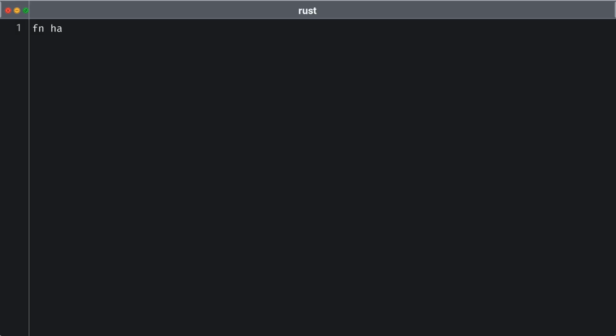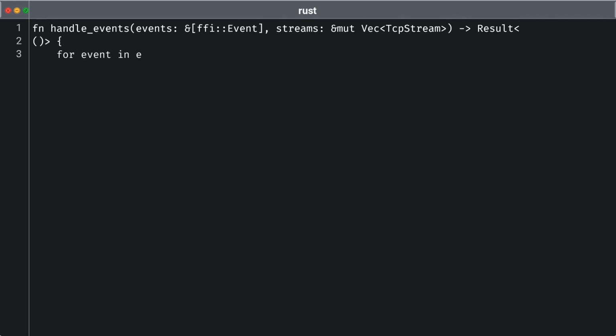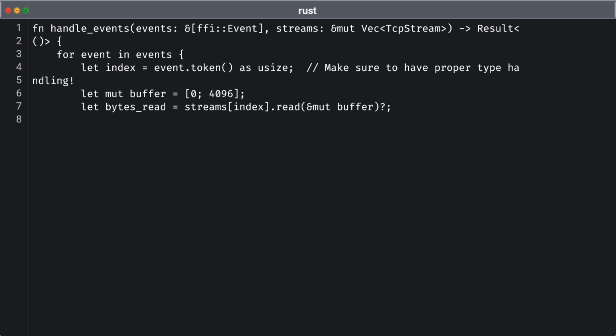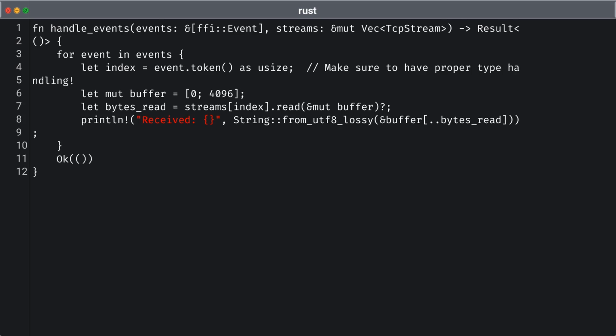This function, handle_events, takes in a slice of events and a mutable vector of TCP streams. It iterates over the events received from the epoll mechanism, where each event contains a token that we use to index into the streams. For each event, we create a buffer to read data from the corresponding TCP stream. It's essential to ensure that our index handling is correct, using the event's token properly to avoid any potential out-of-bounds